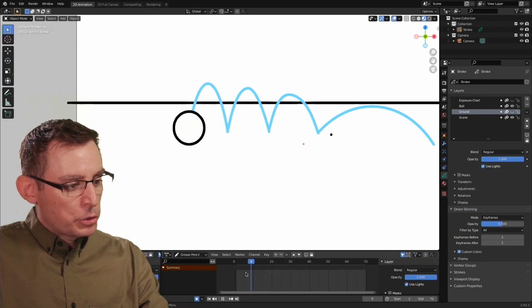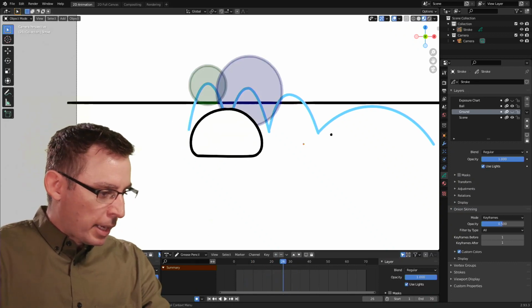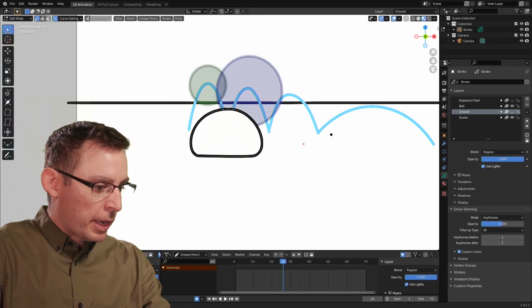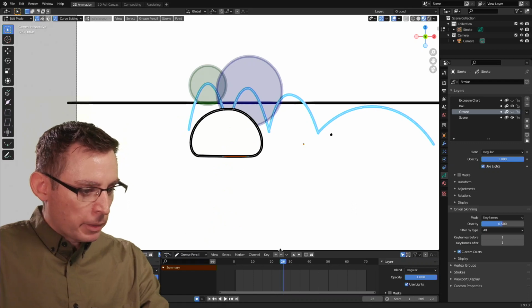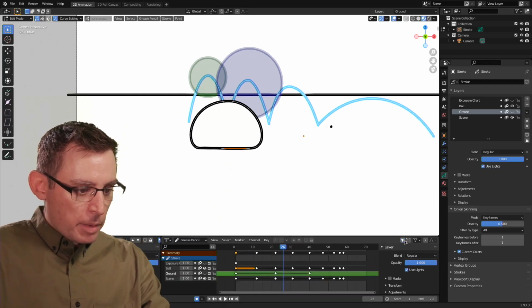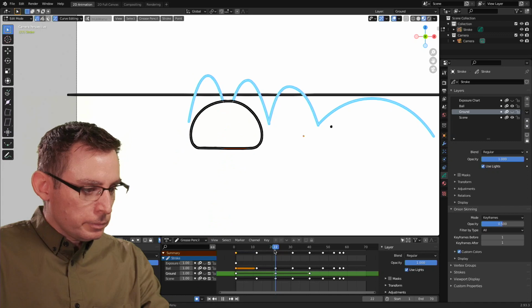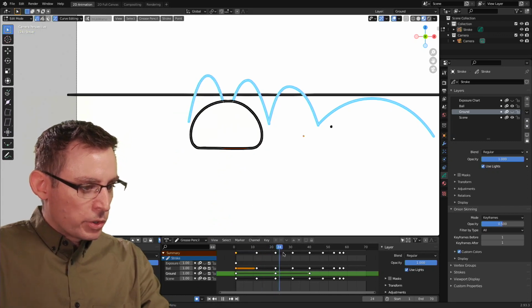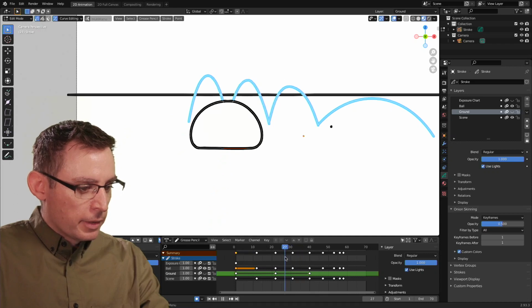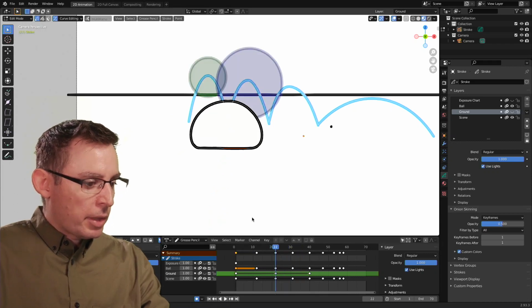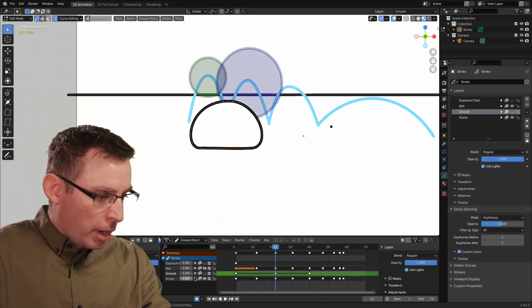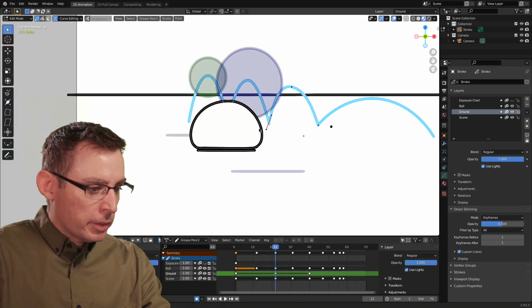It may have made it a little too big, so let's go back into edit mode here real fast. I'm going to grab that layer, and on that keyframe, it looks like it grows significantly. Yeah, it grows significantly, so I'm just going to scale it down. Let's turn the ground layer back on so I'm scaling it correctly.